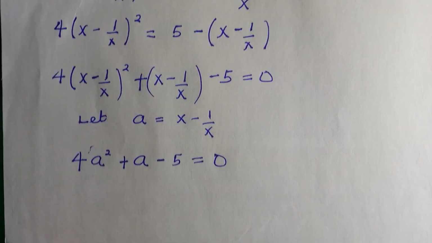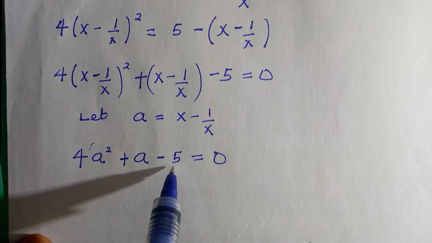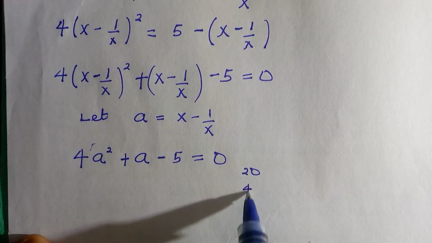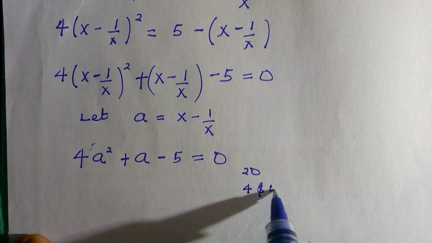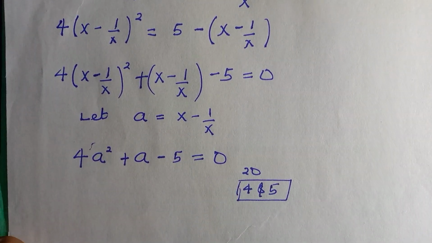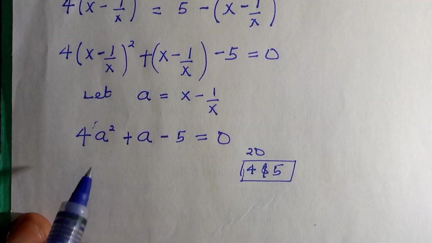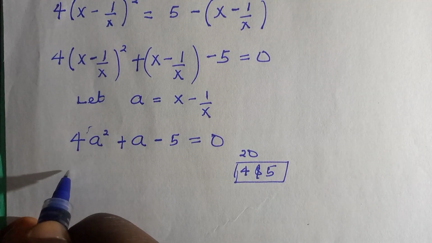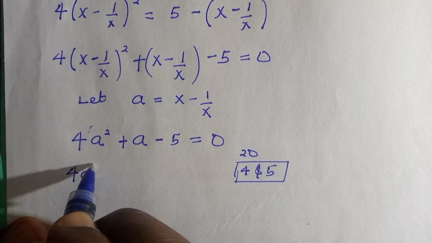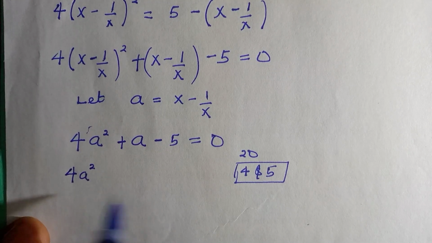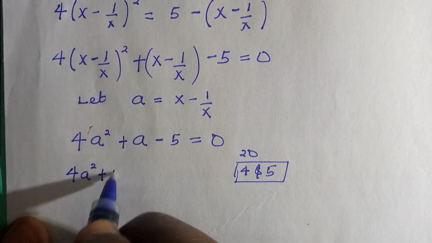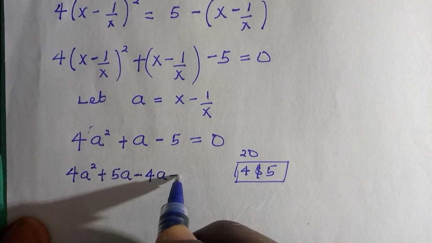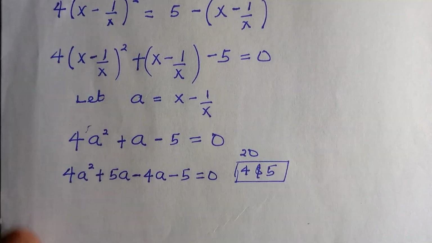This is a very nice quadratic equation whose roots you can obtain. If you multiply 4 by 5, that is 20, and 4 and 5 are the two positive roots. But we are going to play with the sign. Here we have 4a to the power of 2, and since we have a in the middle, we are going to have this as 5a